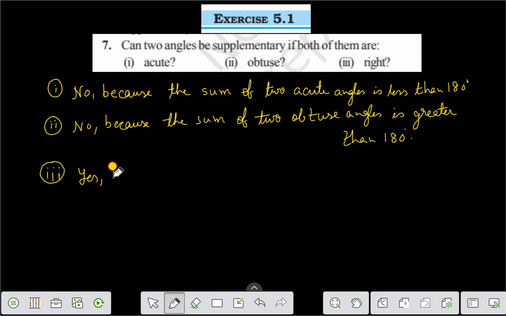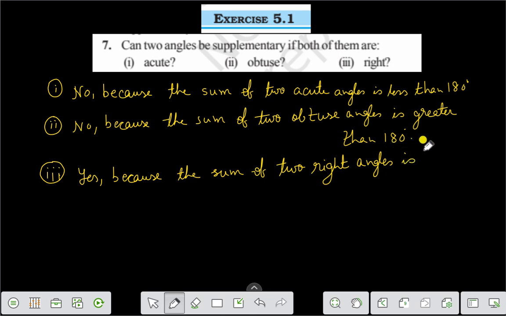Yes, because the sum of two right angles is 180 degrees. And if the sum of two angles is 180 degrees, we call them supplements of one another